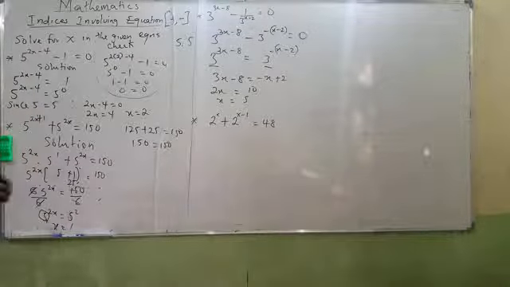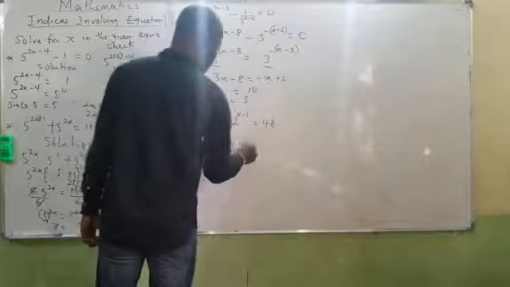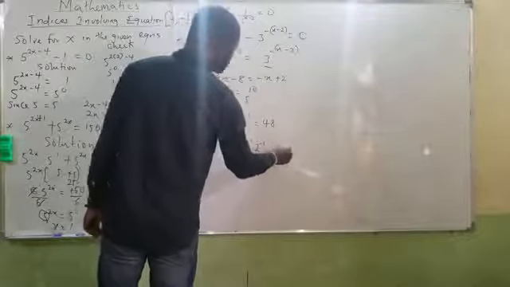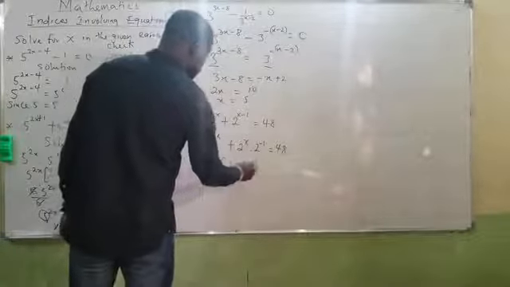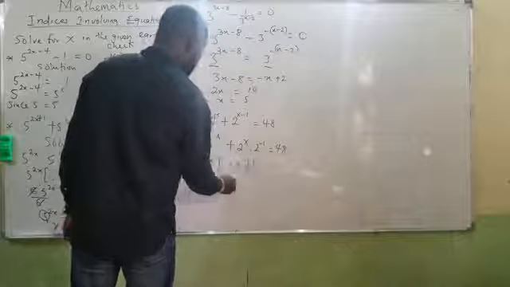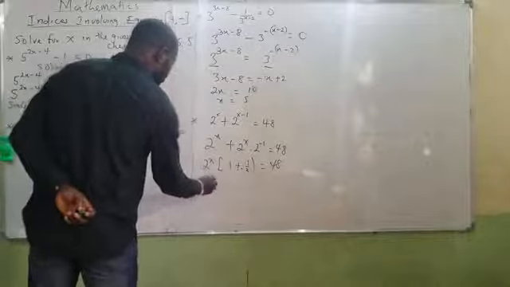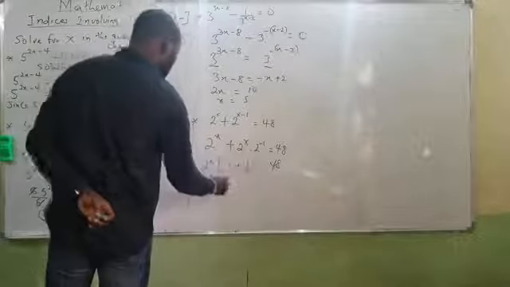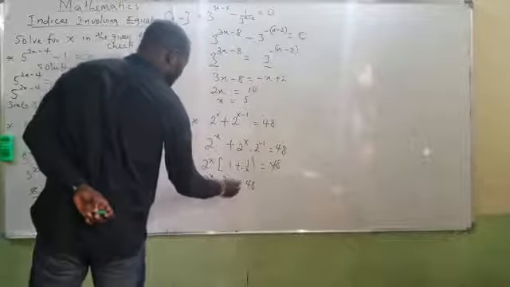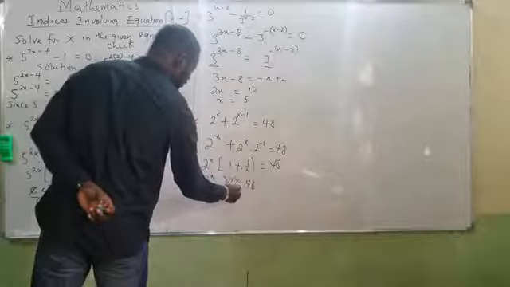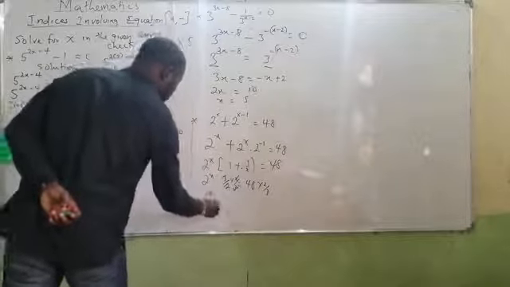Now, the last of this, I can turn into 2 raised to power x plus 2 raised to power x dot 2 raised to power minus 1 equals to 48. Now, I can say that 2 raised to power x bracket of 1 plus 2 raised to power minus 1, which is 1 all over 2, equals to 48. I don't need to rush. Now, I have 2 raised to power x dot 3 all over 2 equals to what? 48. Now, multiply both sides by 2 all over 3. This will cancel it. 2 raised to power x equals to